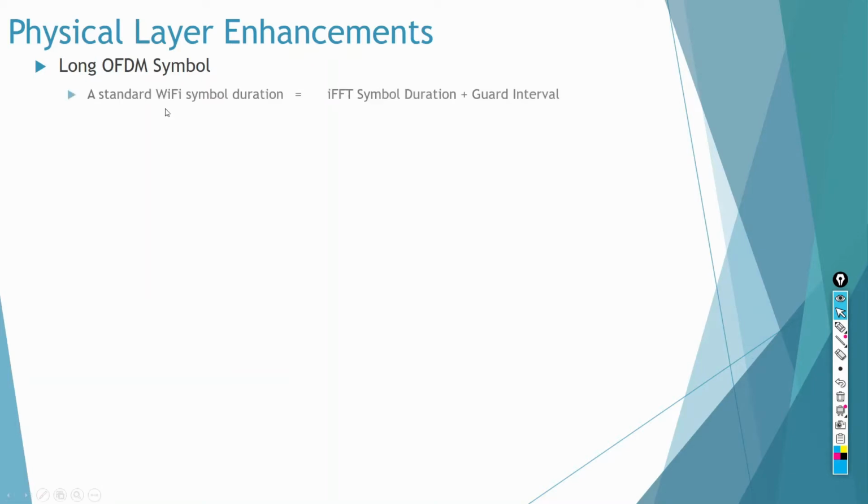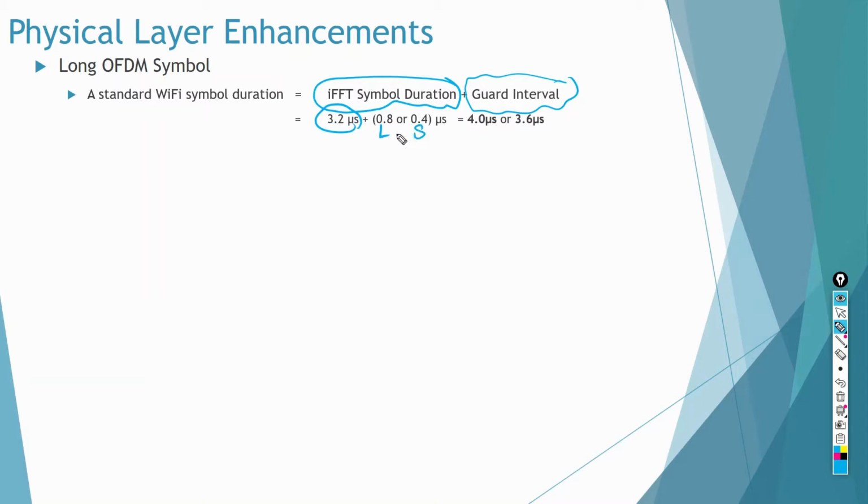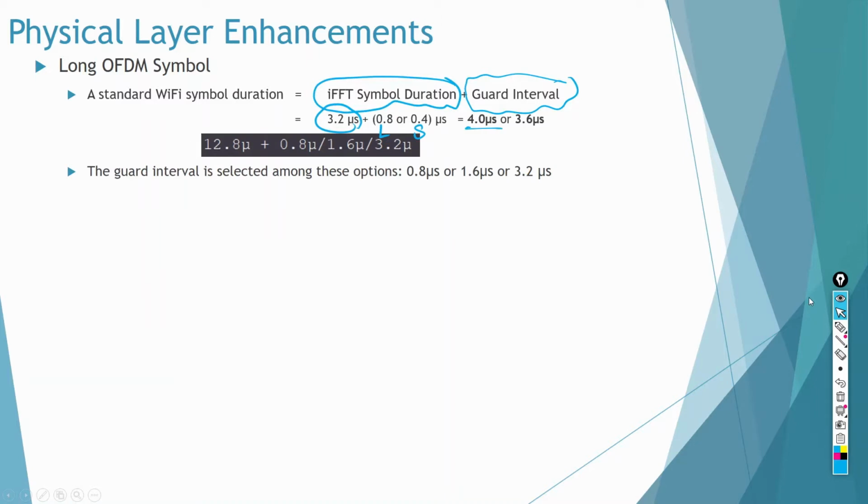Basically, a standard Wi-Fi symbol duration equals the IFFT symbol duration added to the guard interval. So we have 3.2 microseconds as our IFFT symbol. Adding to that either a long guard interval or a short guard interval, we can come up with 4 microseconds or 3.6 microseconds. That was prior to 11AX. Now in 11AX, we actually use